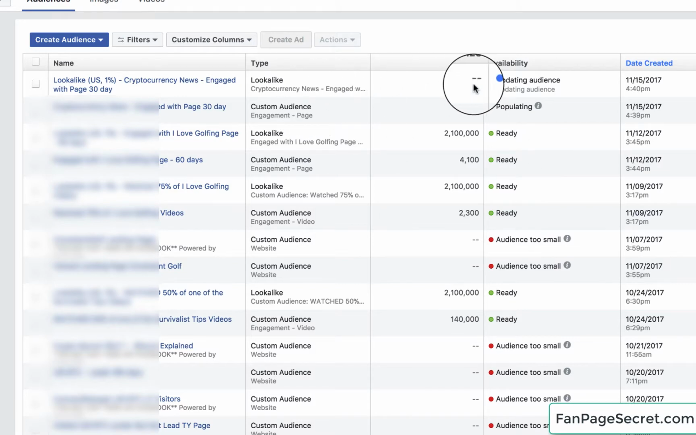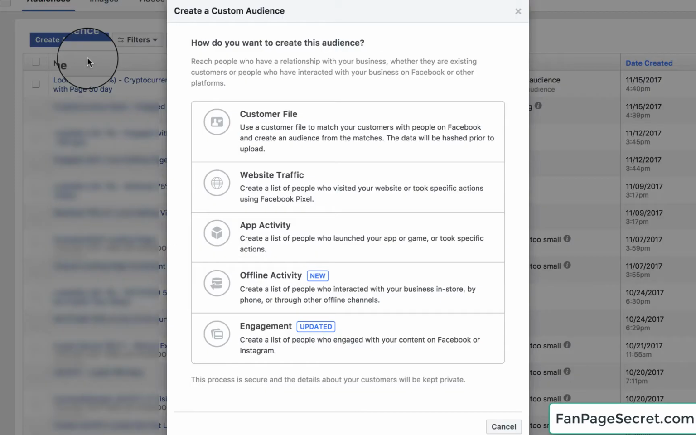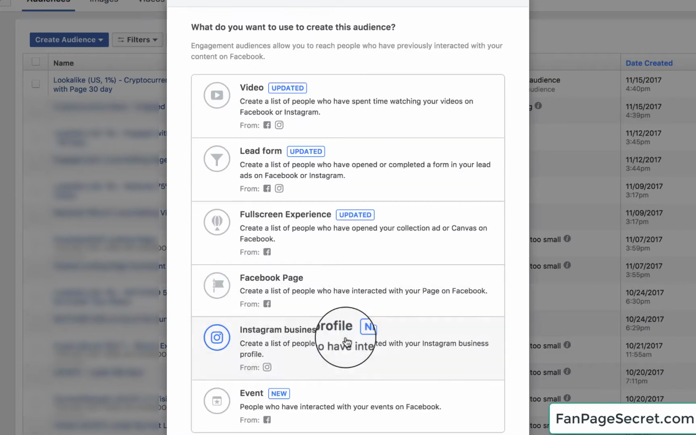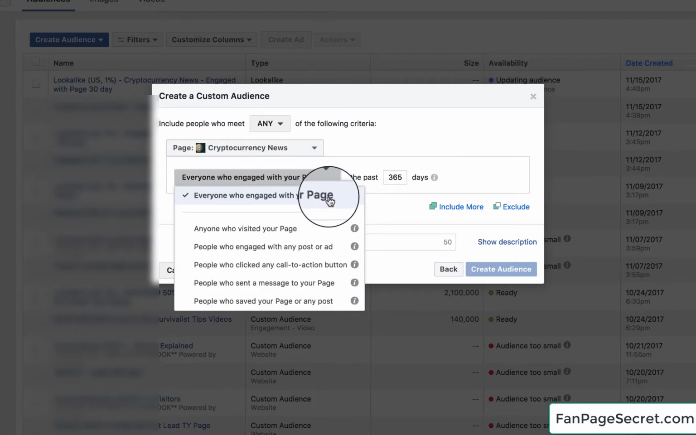After that, you'll see that the availability says updating audience. This will take a little while depending on how many people have interacted with your page. So go grab a coffee or water or beer or whatever you drink and come back in a little bit. But while we're waiting, I'm going to set up another audience to show you another one that you should also set up. So we'll do create audience just like before, custom audience. I'm going to do engagement once again from a Facebook page. And instead of everyone who engaged with your page, I'm going to go with people who engaged with any post or ad. Let's do